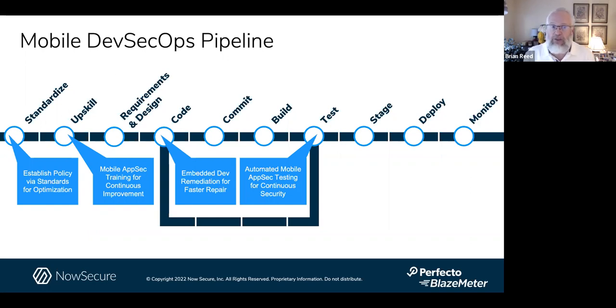And effective means they need to have developer remediation embedded in it. What is the issue? Where is the evidence of the issue? How do you fix the issue? What are code examples for that? What are the links back to iOS and Android documentation for the developer to better understand the use of a particular API, right? So it's find it fast, it's fix it fast as well.